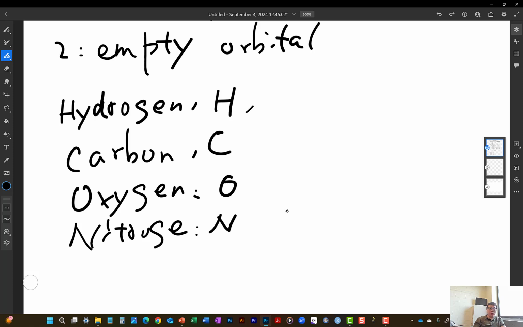So let's see how we fit the nucleus of hydrogen. Hydrogen's atomic number is 1, so it has 1 proton in the nucleus, and there's only 1 electron out there. It's on the first shell. And carbon, I'm sorry, not